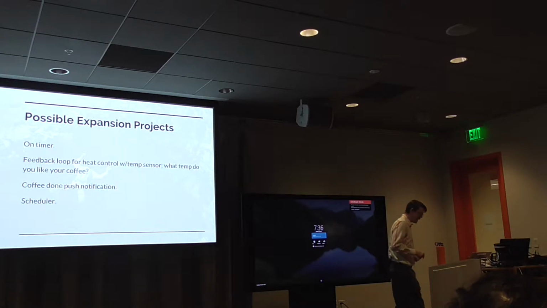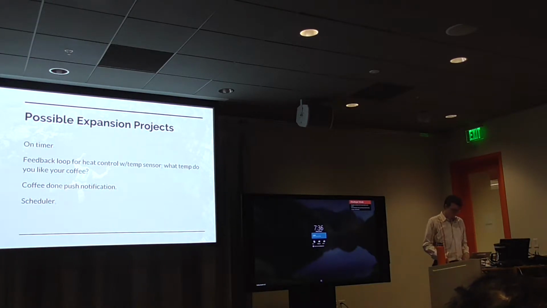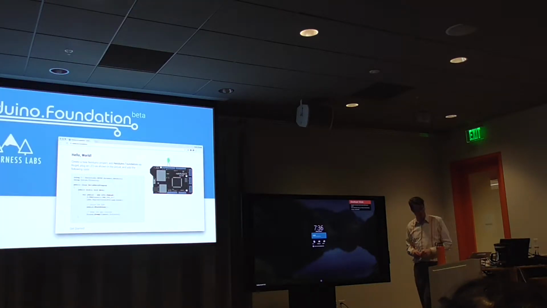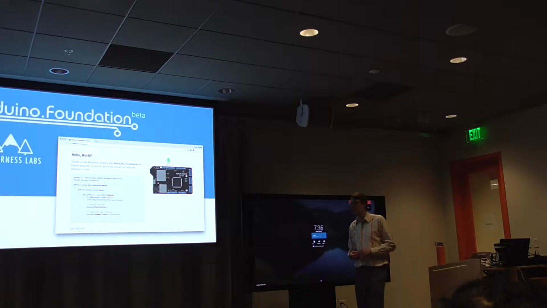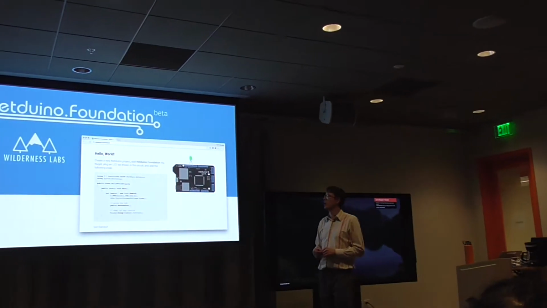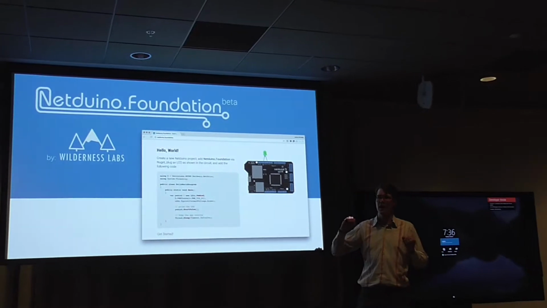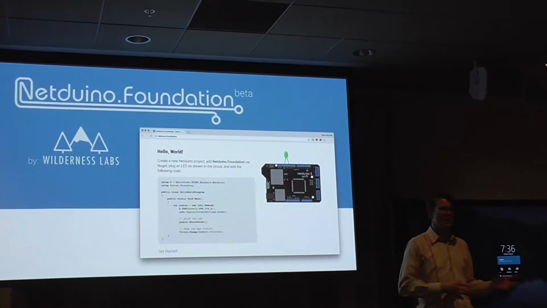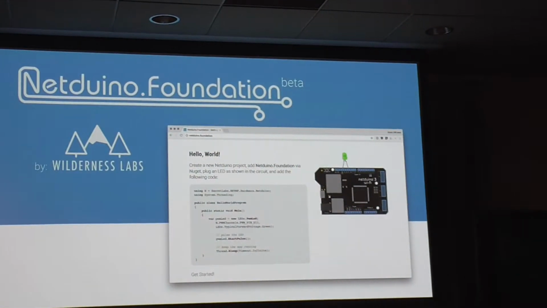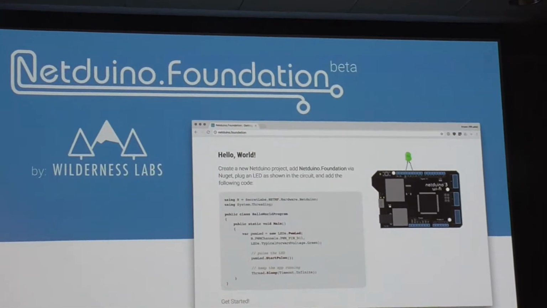And tonight, I mentioned I was going to show you guys something that's brand new. This is a project we are working on that will make these kind of projects, and expanding this coffee maker thing, much, much simpler. And it's called